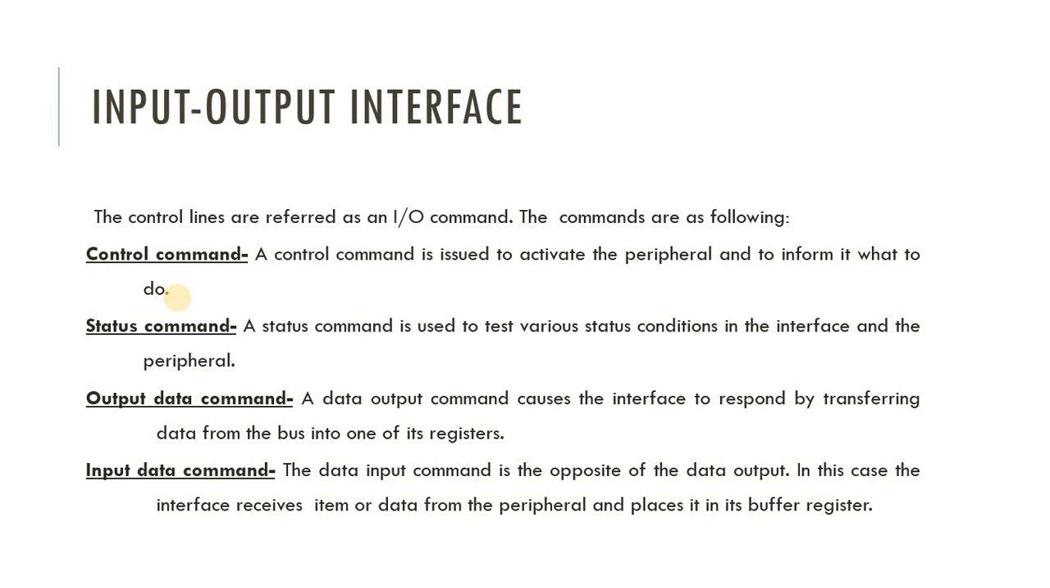Next is the output data command. A data output command causes the interface to respond by transferring data from the bus into one of its registers. So when we want to transfer data from the bus to the register, we use the output data command. The next is the input data command, which is the opposite of data output. In this case, the interface receives data from the peripheral and places it in its buffer register. So the input data command is used when the peripheral device sends data to the processor, and the output data command is used when the processor sends data to the